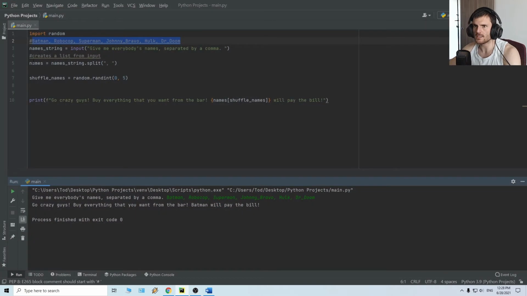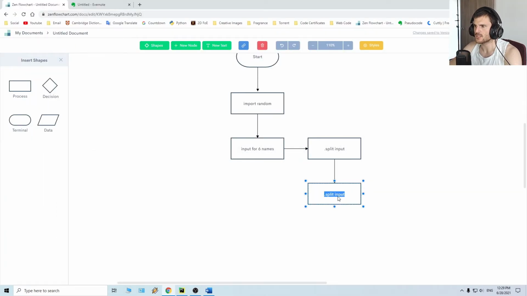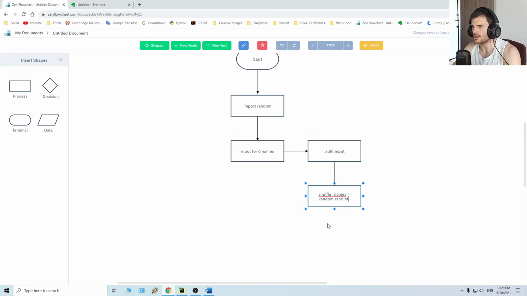We'll just shuffle. New variable. Actually, let's say shuffle names, random randint between 0 and 5. Yes, this is right. After this, print